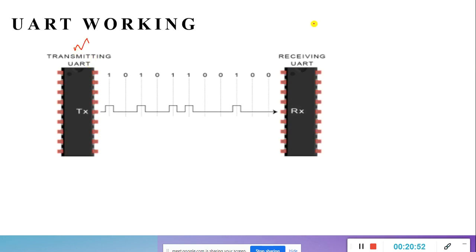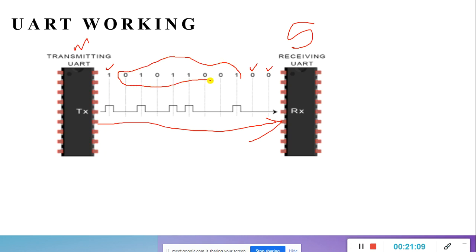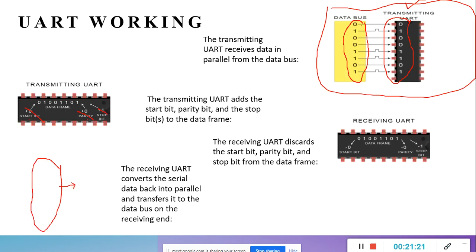from master to slave, the data that is getting transferred will be in the form of serial. So this is start bit, this is parity bit, and this is stop bit. This is my actual data, 0 1 0 0. This is how it is getting transferred. Okay, so while receiving, this is the actual data, that is how it is getting transferred.